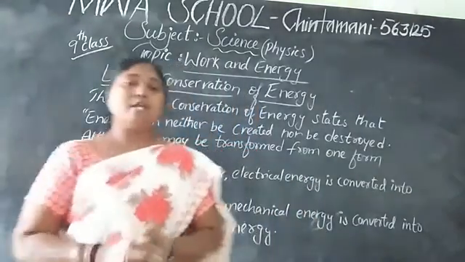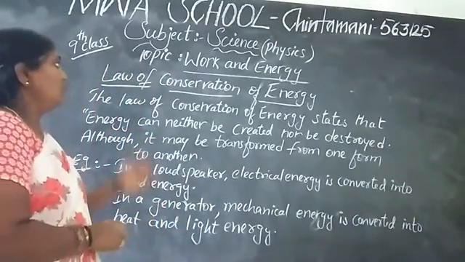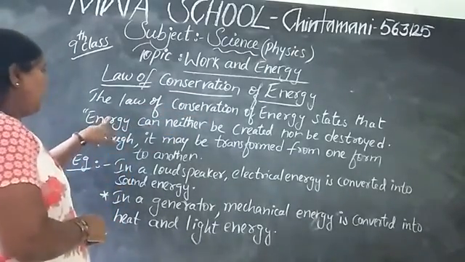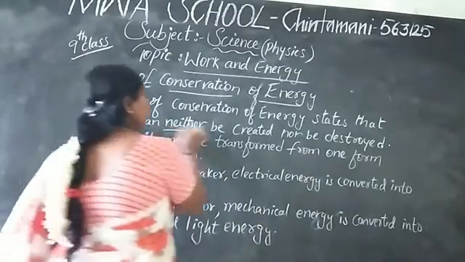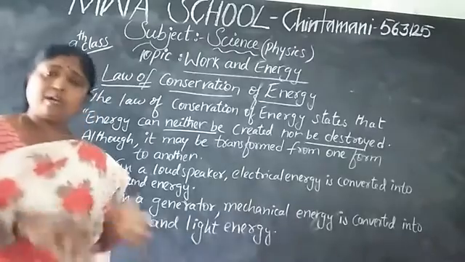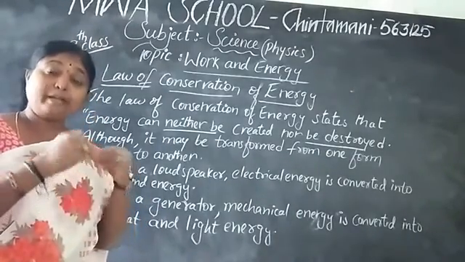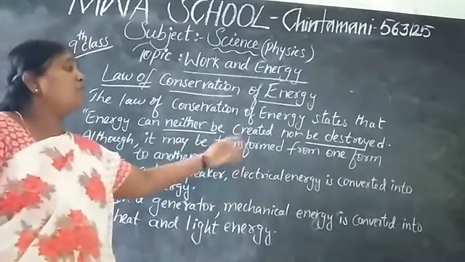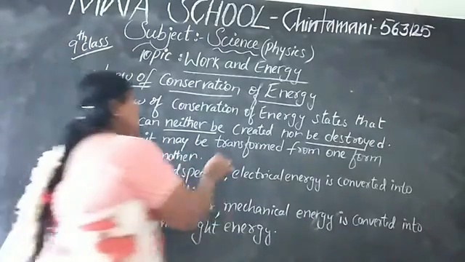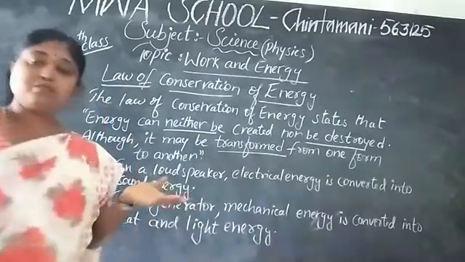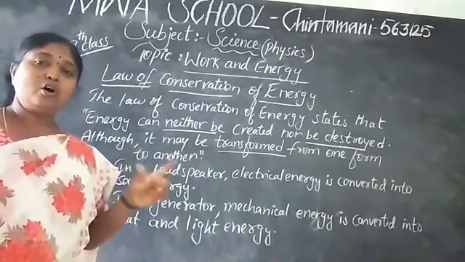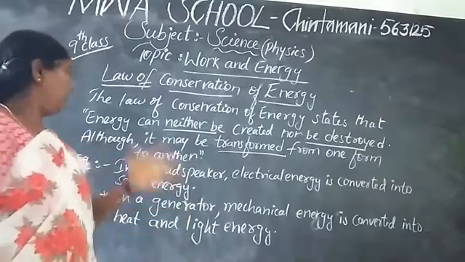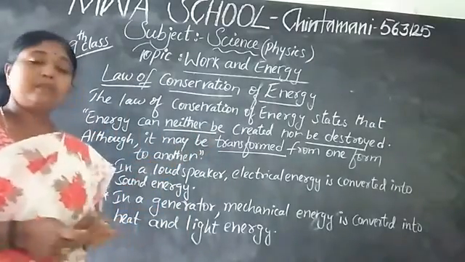So today's topic is the law of conservation of energy. The law of conservation of energy states that energy can neither be created nor be destroyed. We cannot create any energy, and there is no rule to destroy it. Then what can we do? Although it may be transformed from one form to another. We can transform it from one form to another. This is called the law of conservation of energy. Very important, children. Energy can neither be created nor be destroyed, although it may be transformed from one form to